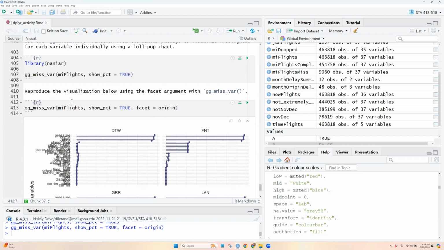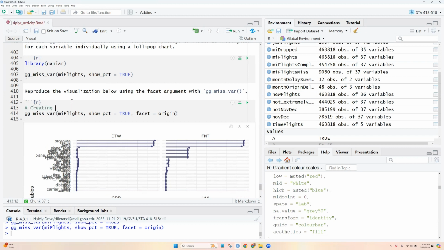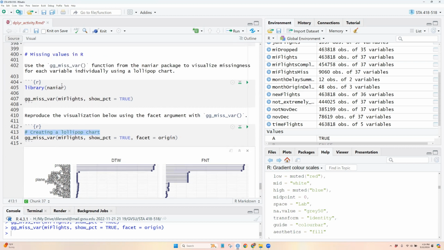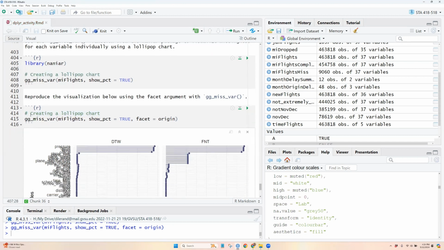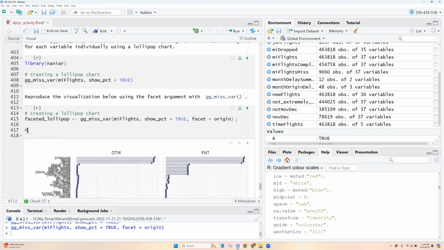So for example, we can store this in some object. Maybe we'll call it faceted lollipop. And then we can save it